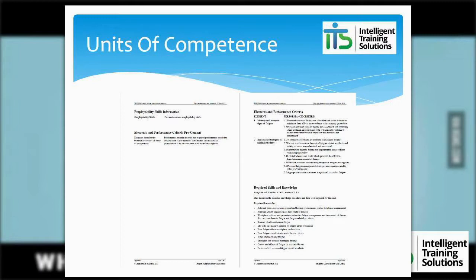So it's telling you what your students have to do as a result of your training for you to deem them competent, to be able to pass them. So the element will be like the major part of it, and then the performance criteria is a breakdown of that major element, that major component, or as the name suggests, the major element of what's required to do that job good. Again, if you remember, I'm reading this unit of competence. It's telling me in the descriptor what the job is. I can imagine what someone looks like doing that job